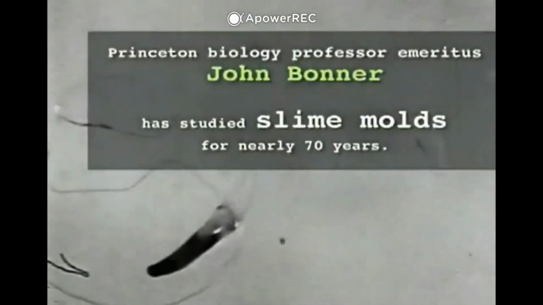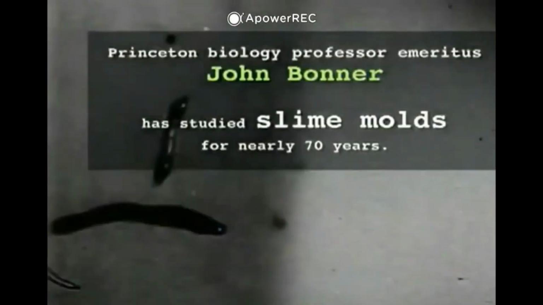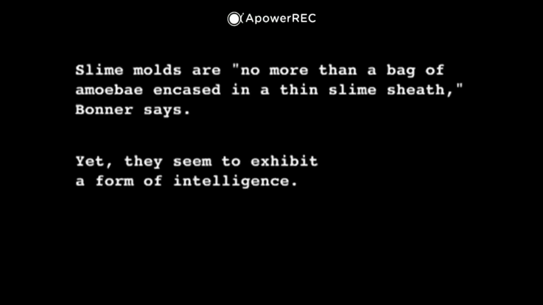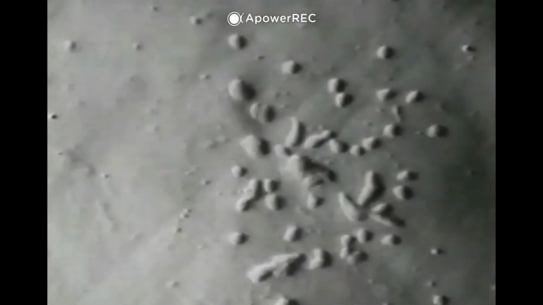So here is a view with the naked eye, so to speak, of an aggregation of these slime molds. And these are single-celled organisms that come together under conditions where there might be low nutrients. So they do this through a process of quorum sensing, where they might sense other slime molds around them, and under certain environmental stimuli, they come together and form this temporary super organism. Really cool.